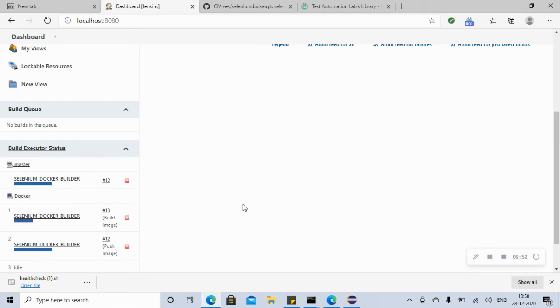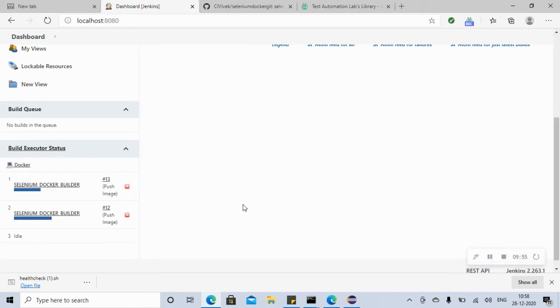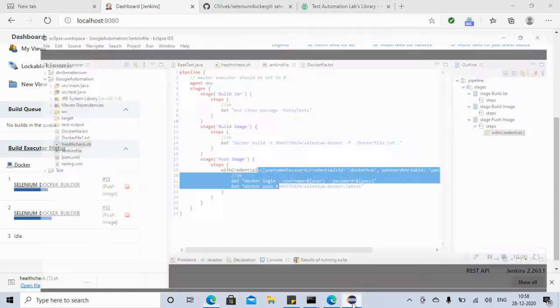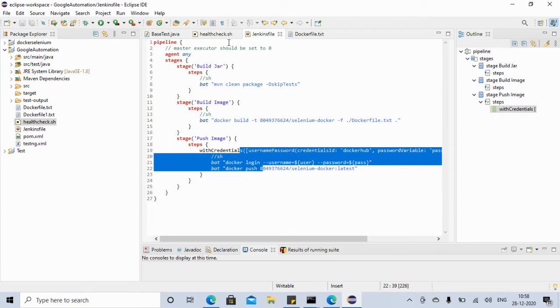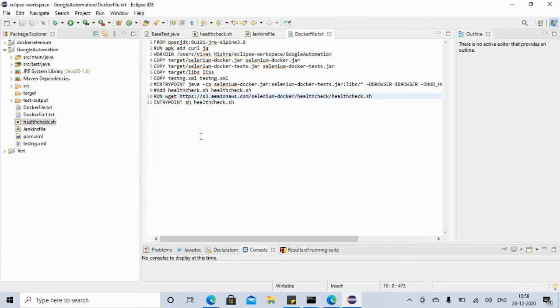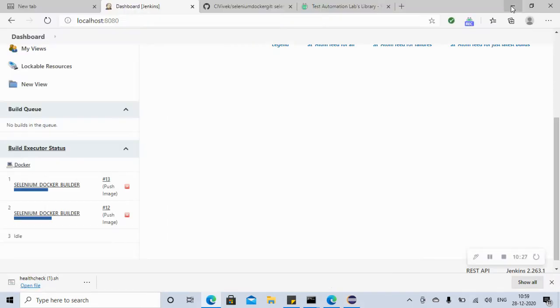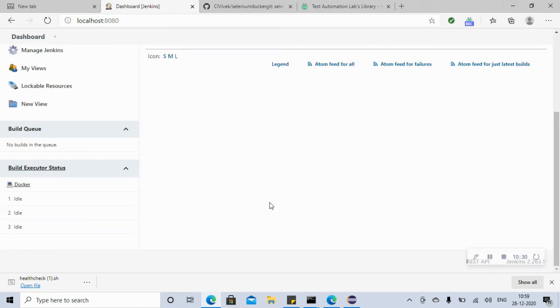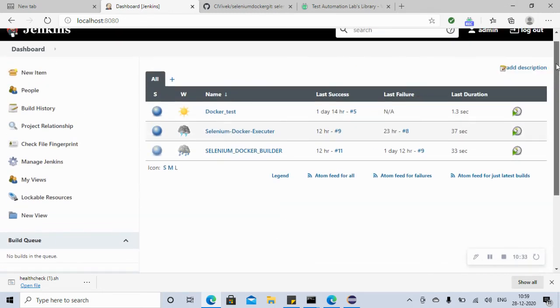So friends, regarding the error that we got in the last video, what we did was change our Docker file here, not the health check script. Instead of adding it like this, we said to run wget, because if you do the add, it may work fine on a Linux machine, but here you have your health check script on Windows and you are executing on the Linux platform, so maybe some format issue is coming. That's why we say run wget, so it will be fine.